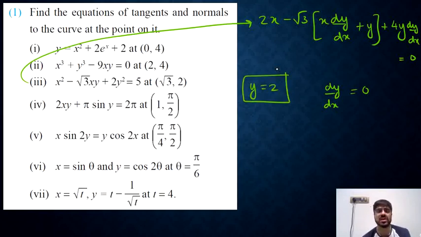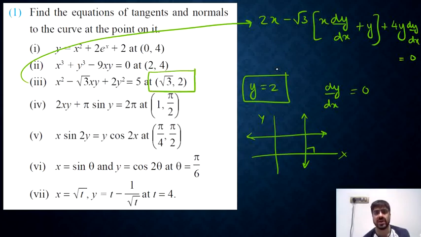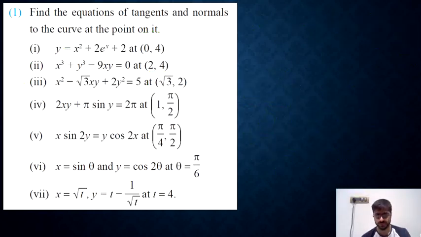If y equal to 2 is the equation of your tangent, you need to understand that y equal to constant is going to be a horizontal line. So if this is your xy coordinate system, y equal to 2 is a line like this, and if this is your tangent, the normal will be a vertical line. And for a vertical line, or I can say for a line perpendicular to x-axis, the equation is going to be x equal to constant. And because the line passes through root 3 comma 2, equation of the normal is going to be x equals root 3. So here's the equation of your normal, and here's the equation of your tangent. And yeah, with that we go ahead with our fourth question.